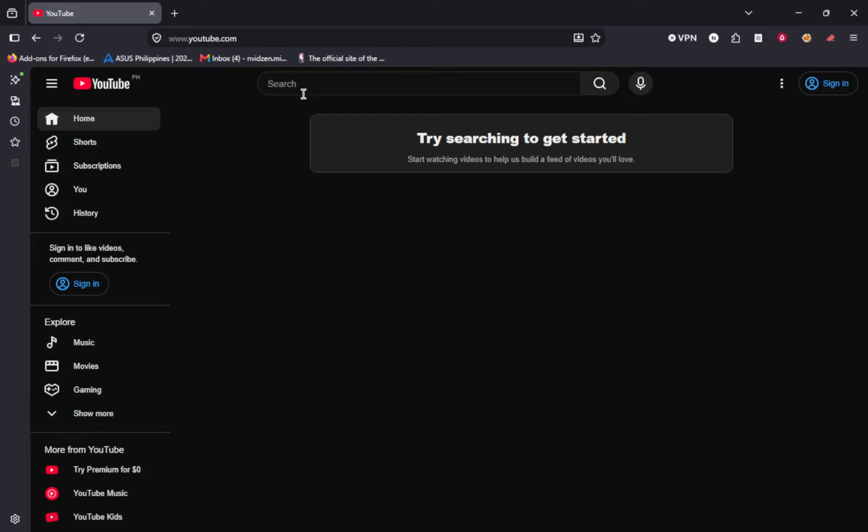First, make sure YouTube is open in a tab, just like you have it now, so you can keep it handy while you adjust your settings. Having the site open makes it easier to recognize its shortcut later.